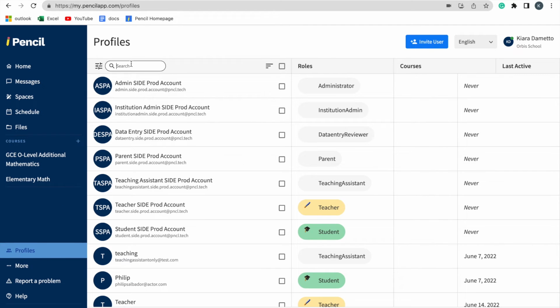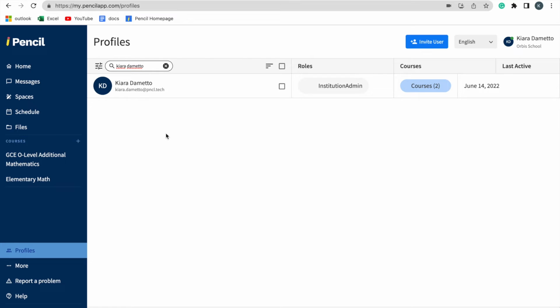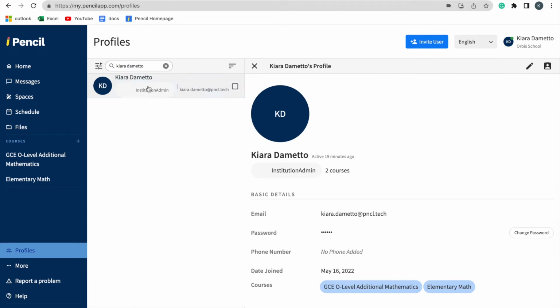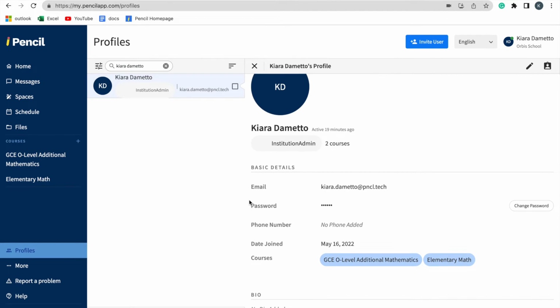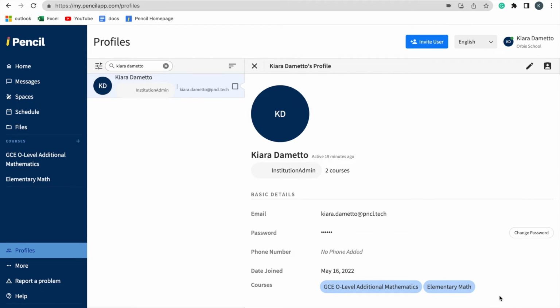I'm then going to type out my name on the search bar above to find my profile information. Now that I've found my profile, I'm just going to click on it, and I can see all my current profile information. If I would like to make any changes, I can click the Edit button at the top right-hand